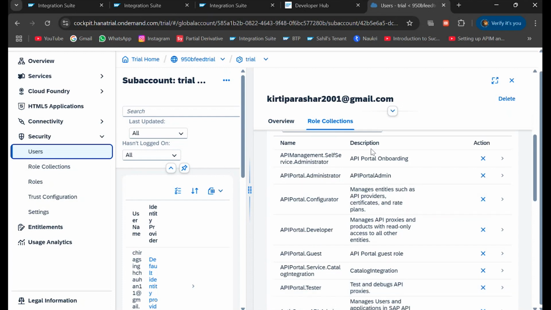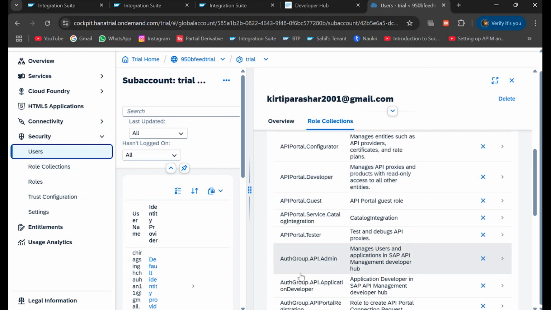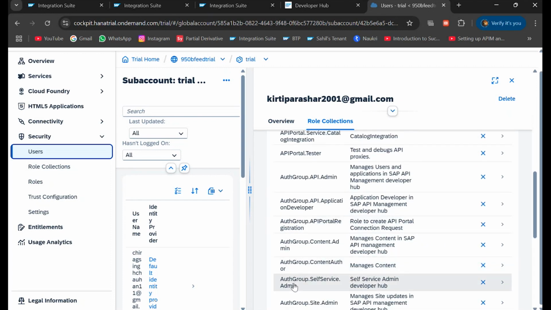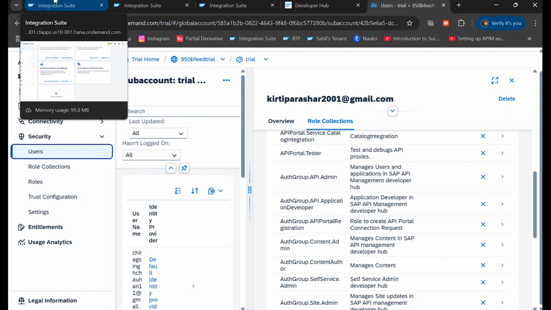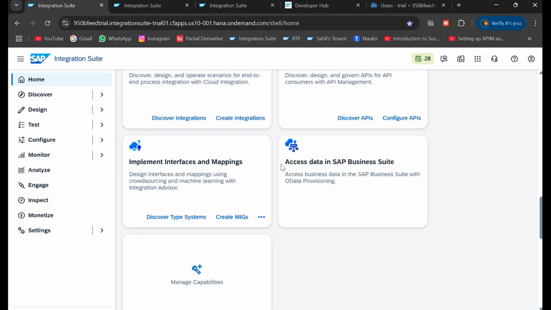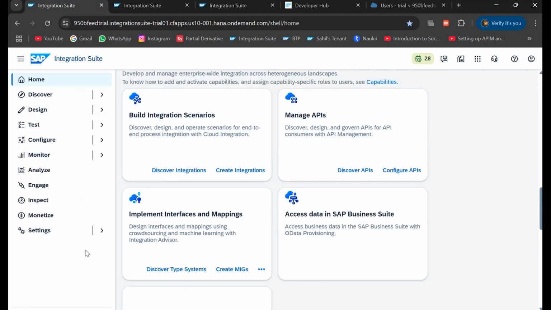For now, since we are working on a basic API management system, the main thing that we need is this API managed self-service administrator role, and this one, the auth group self-service admin. These two roles are a must for API management to be enabled in our Integration Suite. Once we have assigned these roles and added the capabilities,